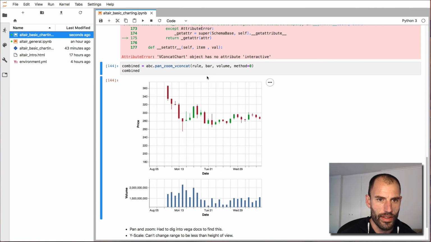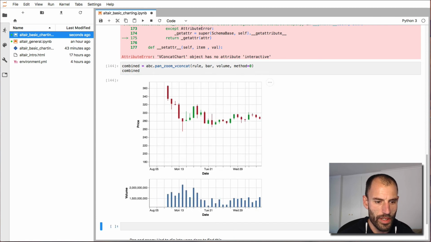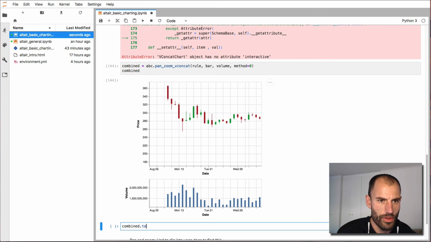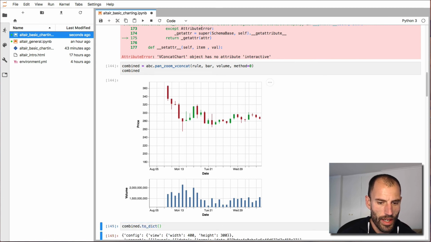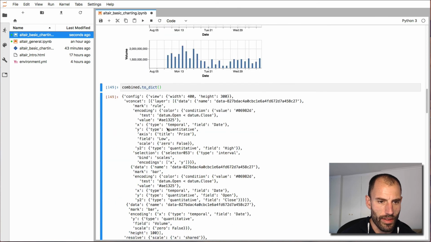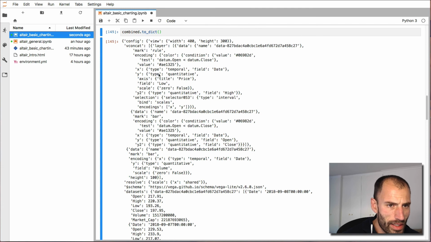Well, not only that. So let me just open up a new cell down here, and I can then say combine to predict. And now I will get something that is almost identical to the Vega spec. And there's a bit much to look for here, but that resolve will be here somewhere. I found it previously, but I'm not going to waste your time right now. Okay, so